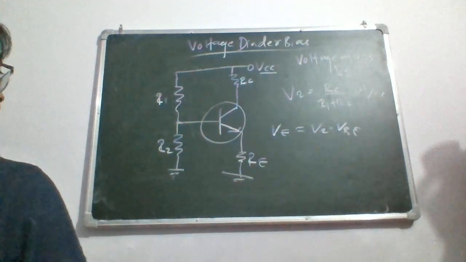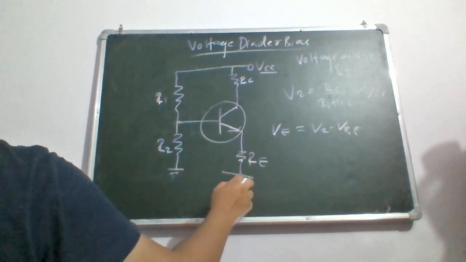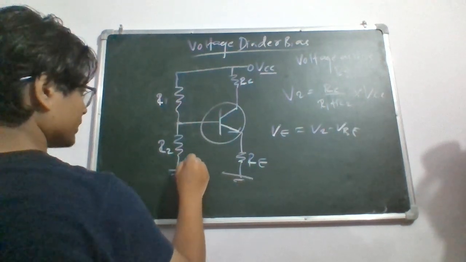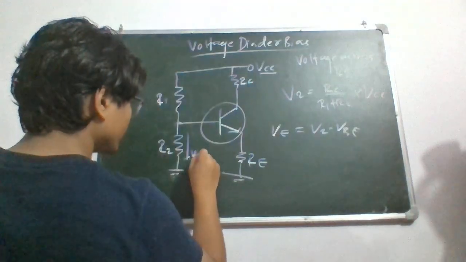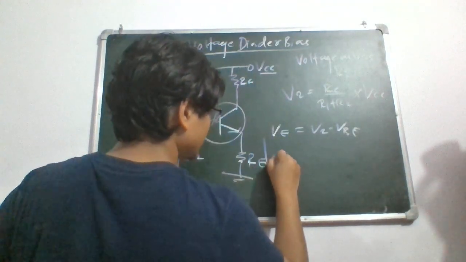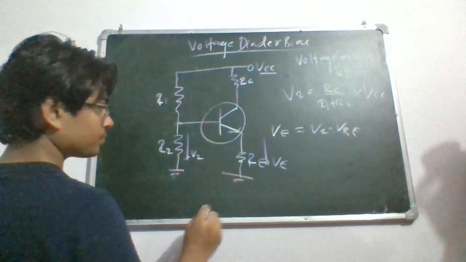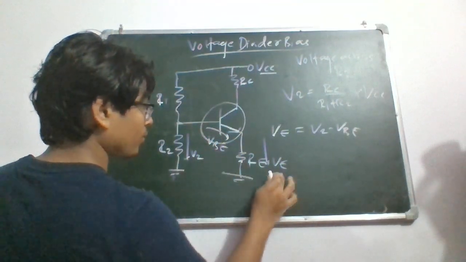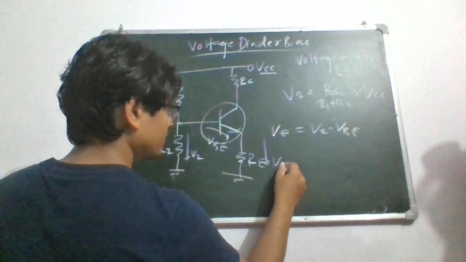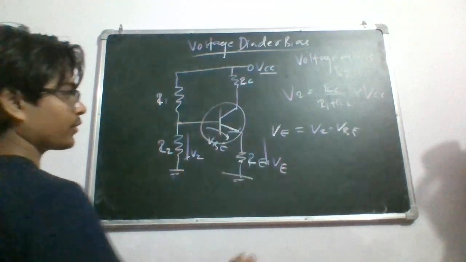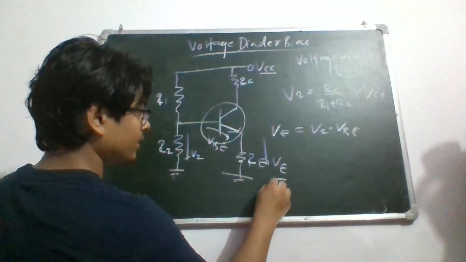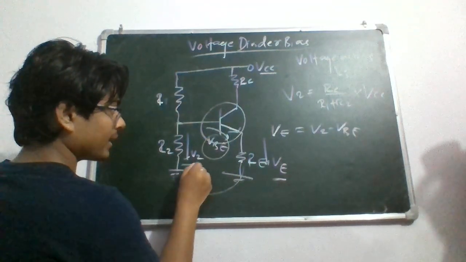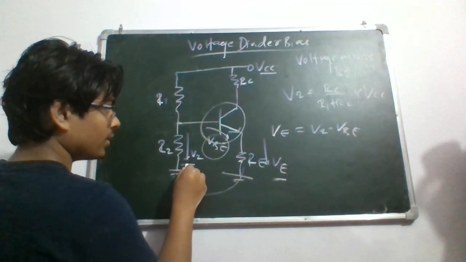Because if you see here, V2 is the voltage across this resistance, and this is VBE, and this is just VE. Now if you want to find VE, this is the circuit. Now this VBE minus